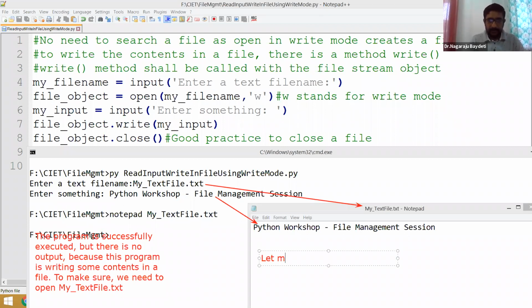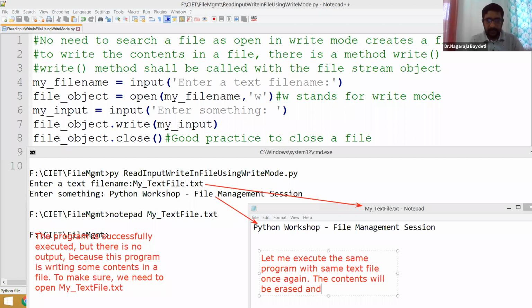Let me execute the same program with the same text file once again. The contents will be erased and new contents will be written. To prove that, we will do that again.